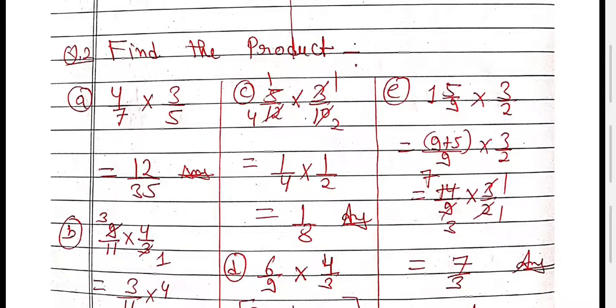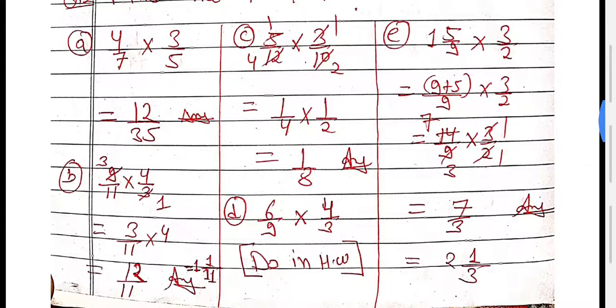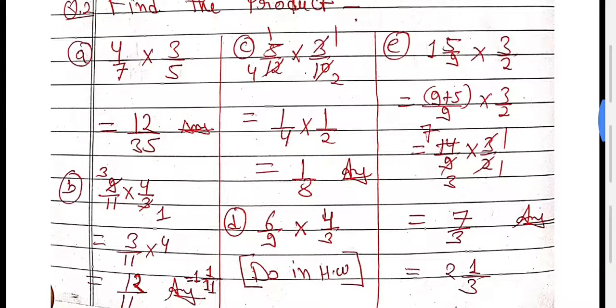Find the product. Product also means multiply. What is the meaning of product? Product also means multiply. So you have to write 4 into 4 upon 7 into 3 upon 5. Now just check upper side if these numbers are cut divisible. Not. This side not. Now check cross. Cross also not divisible. If the numbers are not cut by upper side, upper means numerator by denominator, or by cross, then if they are not divisible, then simply you multiply. 4 3s are 12, 7 5s are 35.